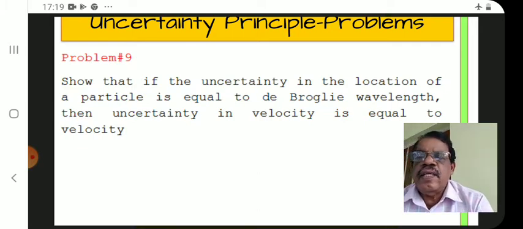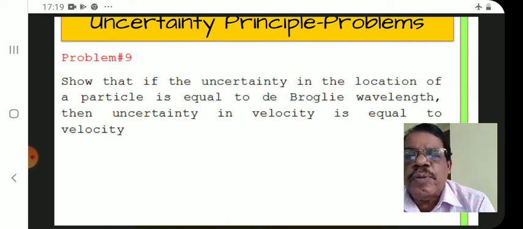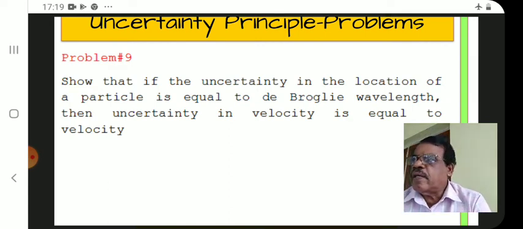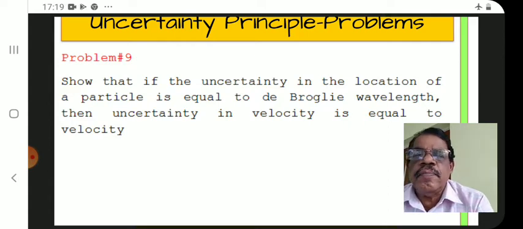Show that if the uncertainty in the location of a particle is equal to de Broglie wavelength,